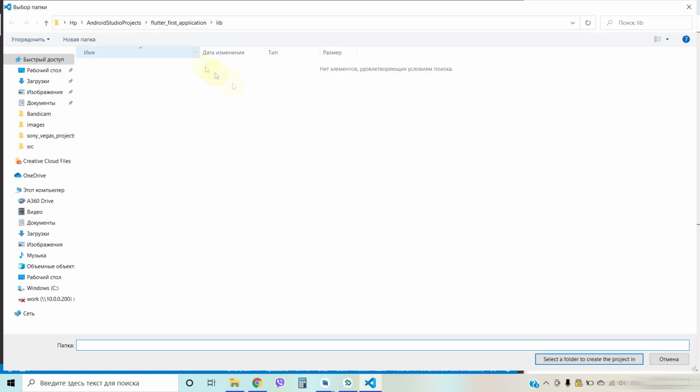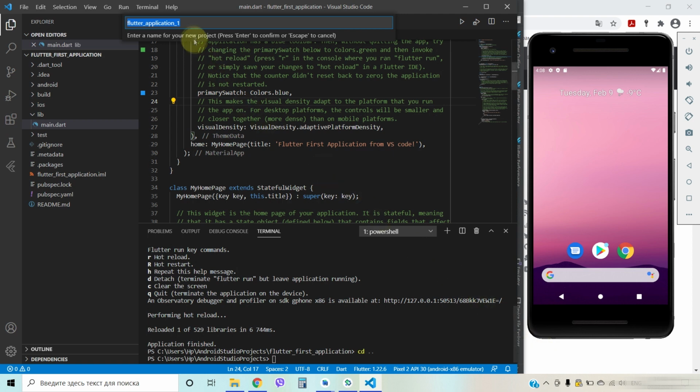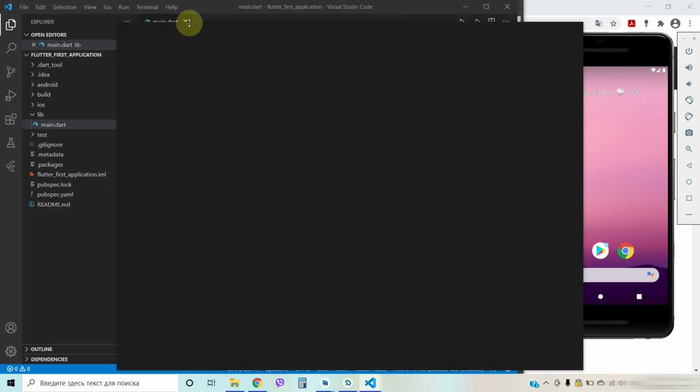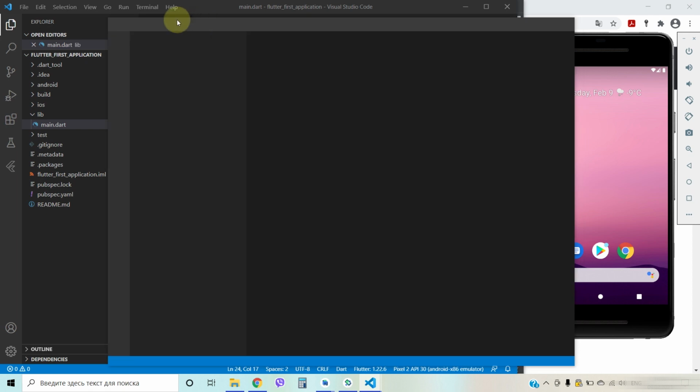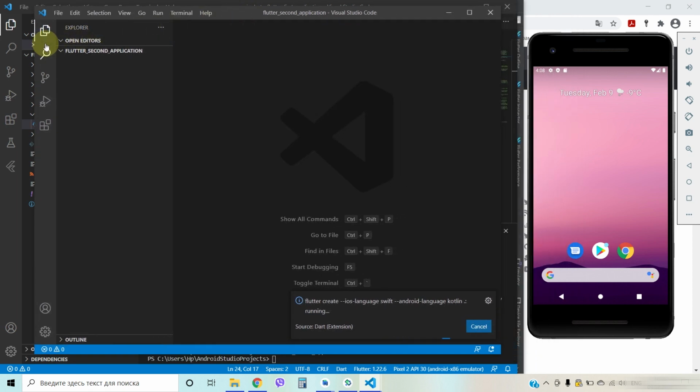Select folder for your application. Of course, enter a name of your project. This is our new Flutter project, which is created via Visual Studio Code.